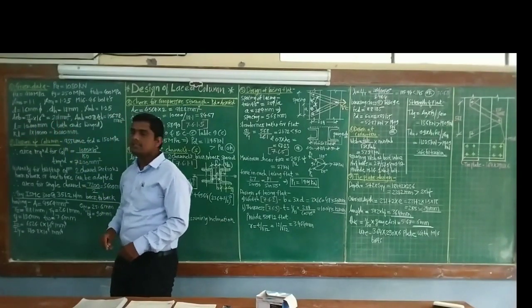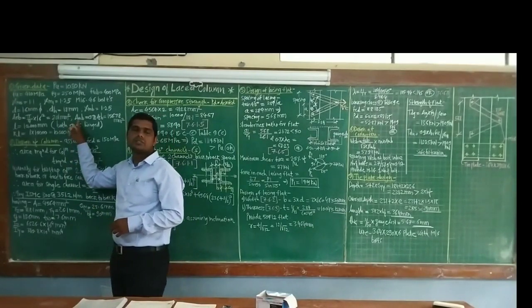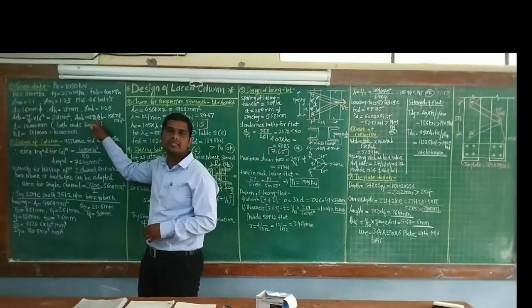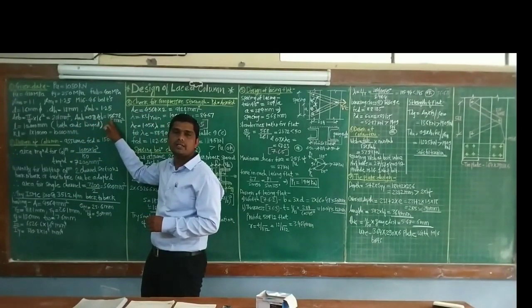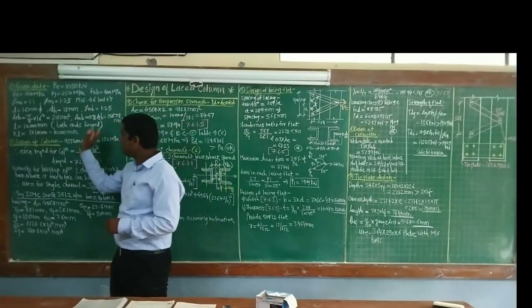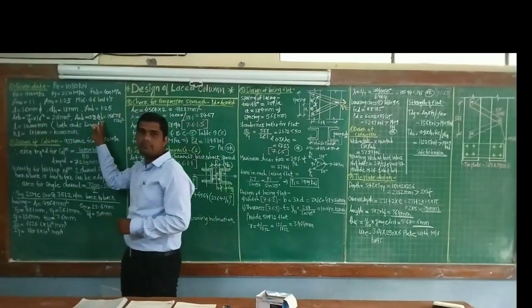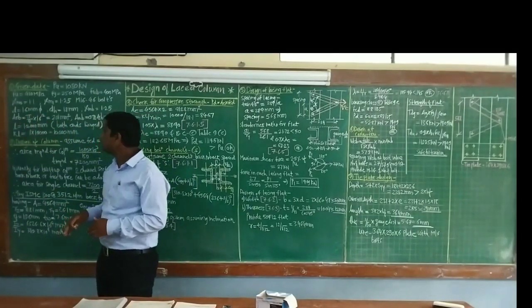By using this area of shank for this bolt, we are going to find out the net area for this bolt. Anb is equal to 0.78 times Asb. So the answer will be 156.78 mm square. After finding out Asb and Anb, we know that, as already learned in the previous lecture.